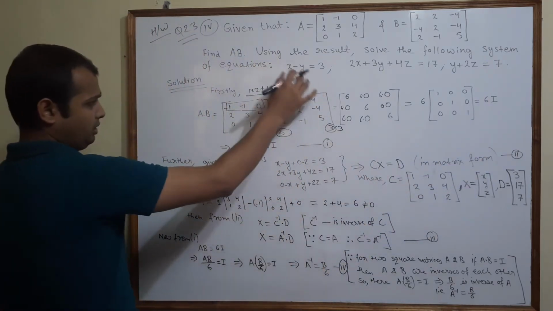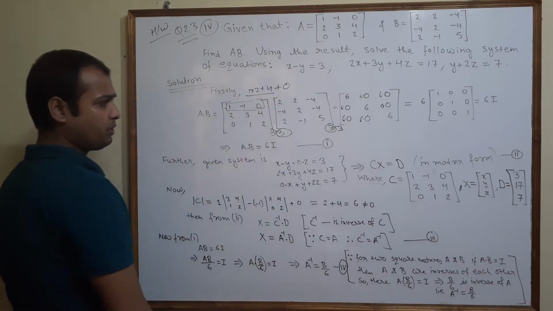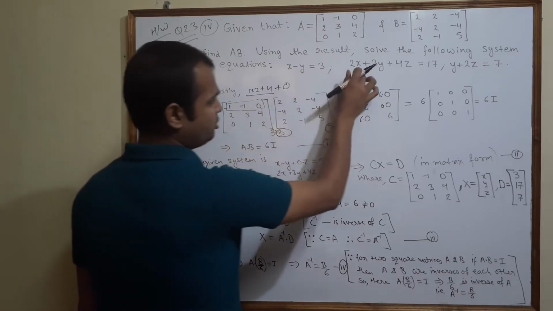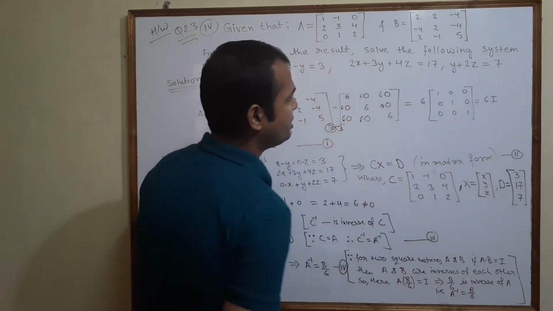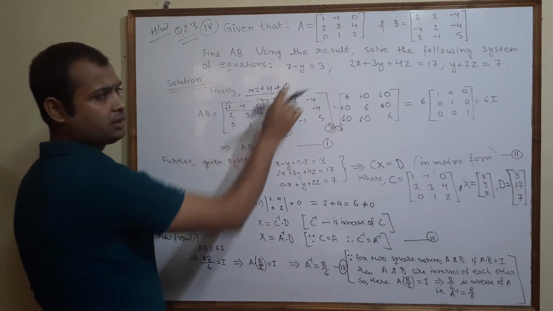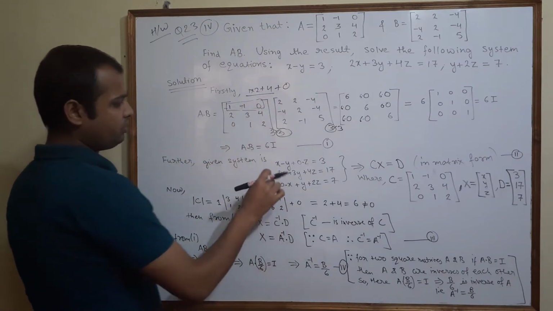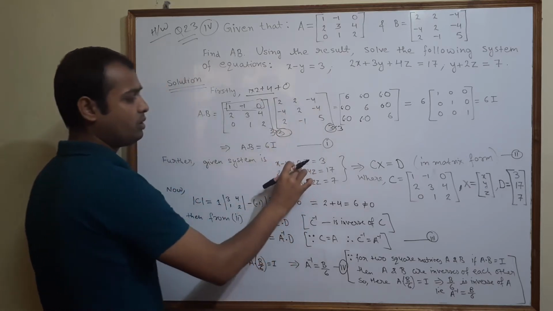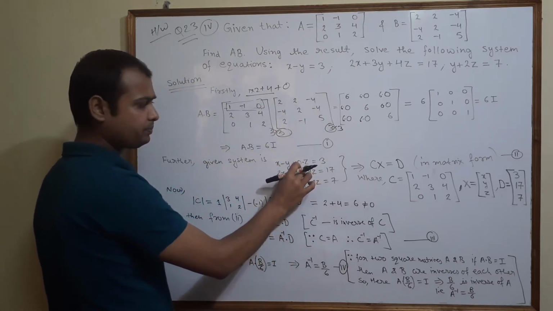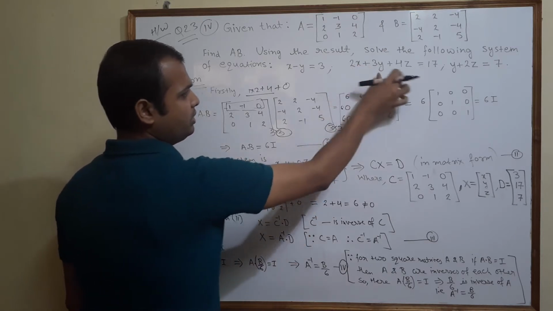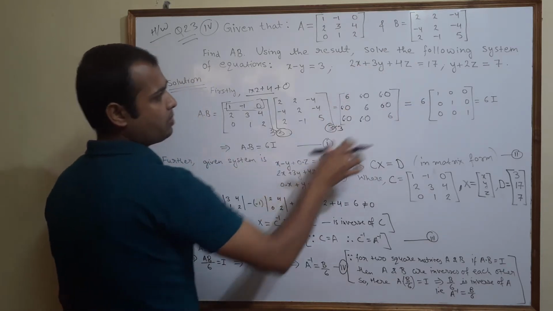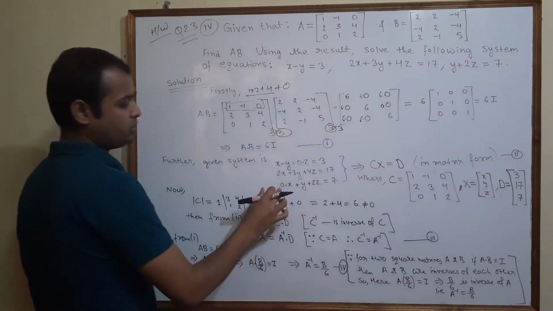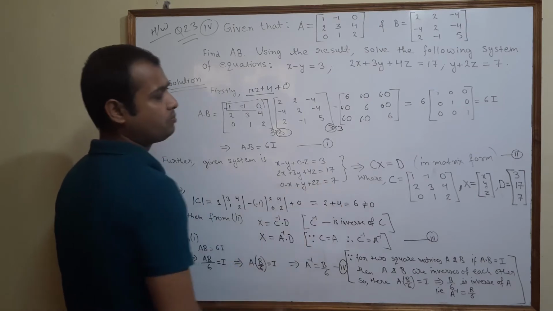Now let's come to the system of equations. Here you can see that in this linear equation you have x and y, in this you have x, y, z, and here you have y and z. So something is missing, that is z. We'll write it in this manner: x minus y, since z is missing we put 0 into z, is equal to 3. Then y plus 2z, and here x is missing, so we put 0 into x, plus y plus 2z is equal to 7.